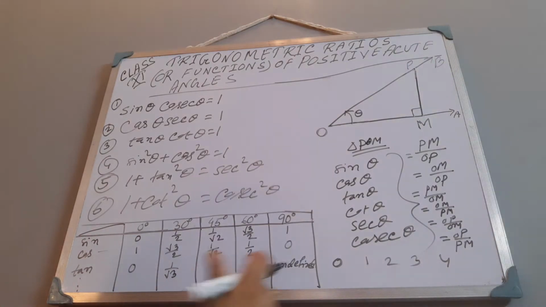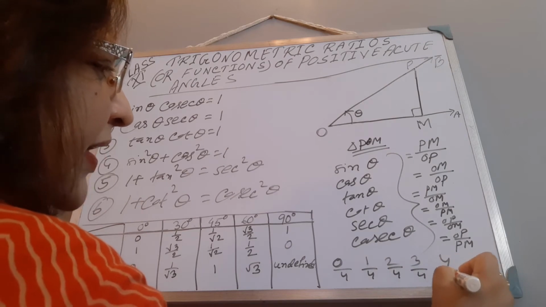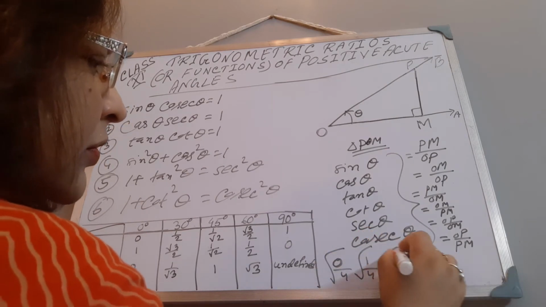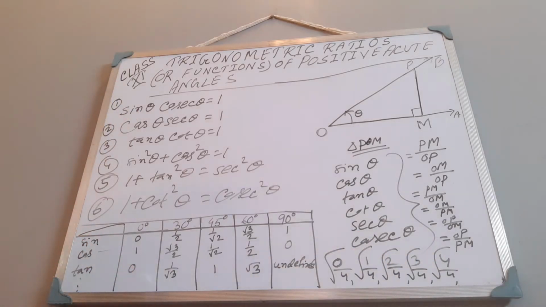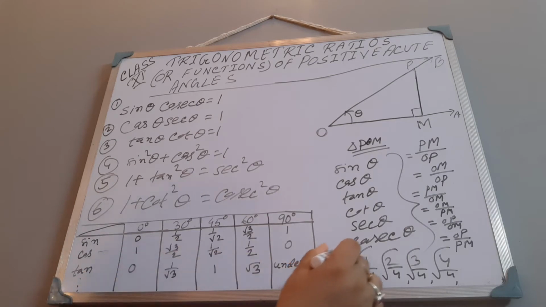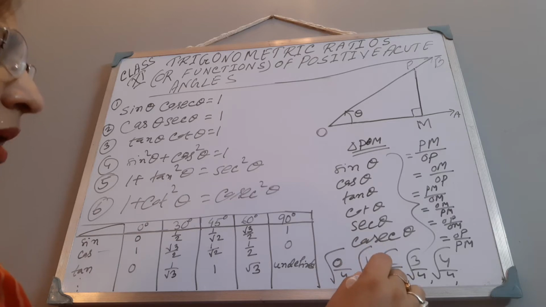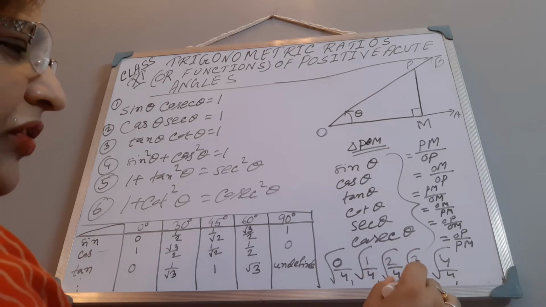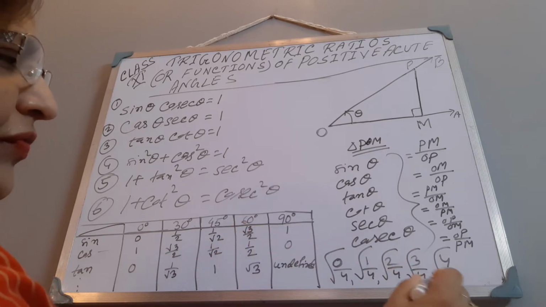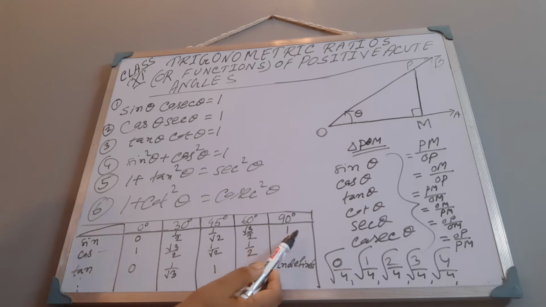Then divide all the values by 4, then take the square root. Look, 0 by something is equal to 0, so it becomes 0. Now 1 by 4 square root means half, so it is half. 2 by 4 is 1 by 2, square root 1 by root 2, so it is coming 1 by root 2. Now this is root 3 by 2. 4 by 4 is 1, so sin 90 degree is 1. Like this only we can find the values of sine and cos, just it will reverse these values.